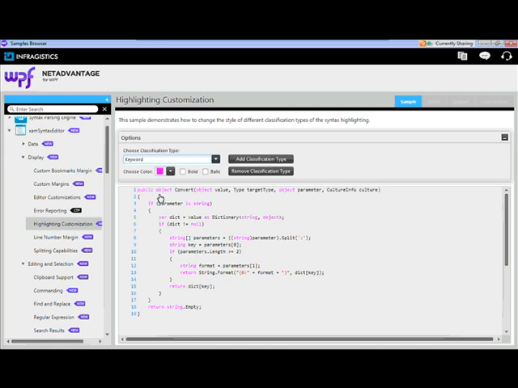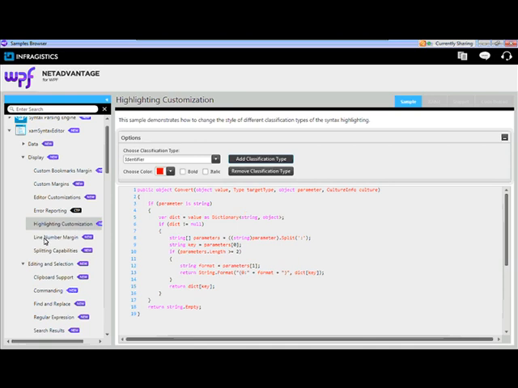And I want my identifiers to be red. Okay, so you have complete control over the editor, its colors and appearance, as well as the language highlighting, which